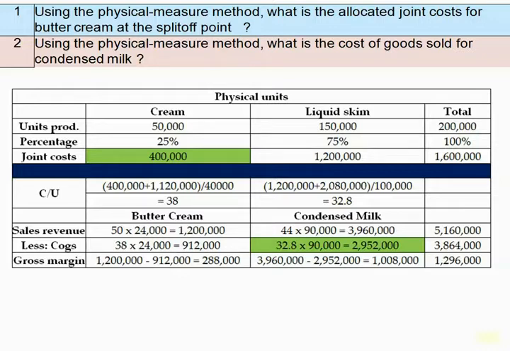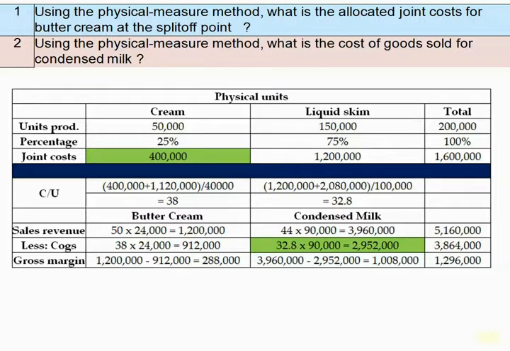Sales revenue for buttercream will equal 50 multiplied by 24,000 equals 1,200,000. Condensed milk will equal 44 multiplied by 90,000 equals 3,960,000. Total sales revenue will equal